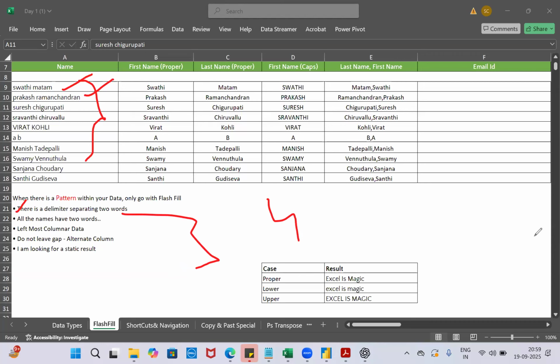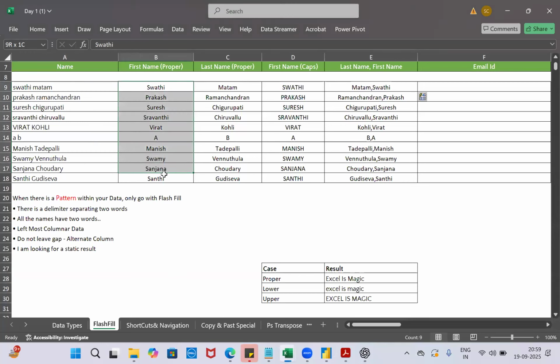And again, you are not supposed to leave a gap. For example, let me go here. I'm removing this, and I'm giving a gap here. There is a gap. I'll try now. Swati.